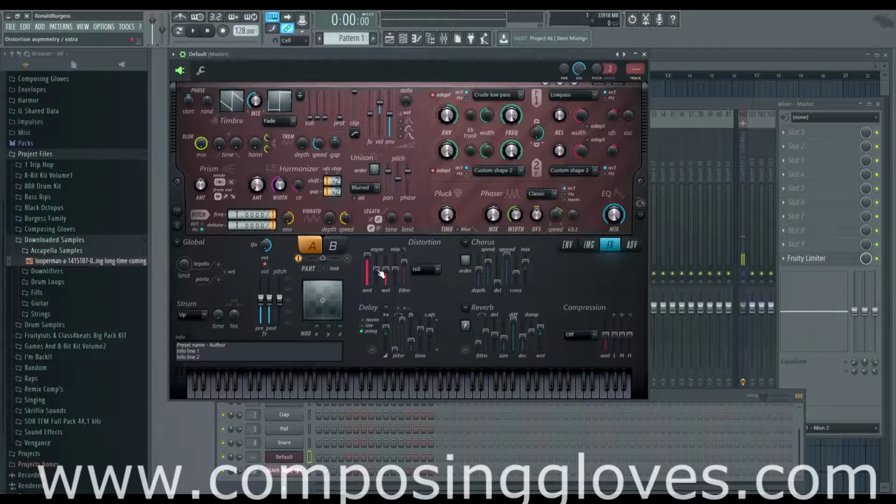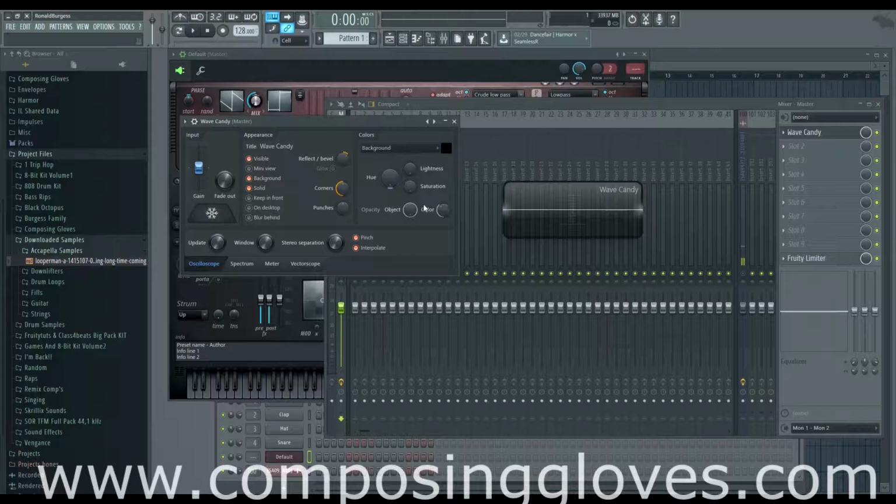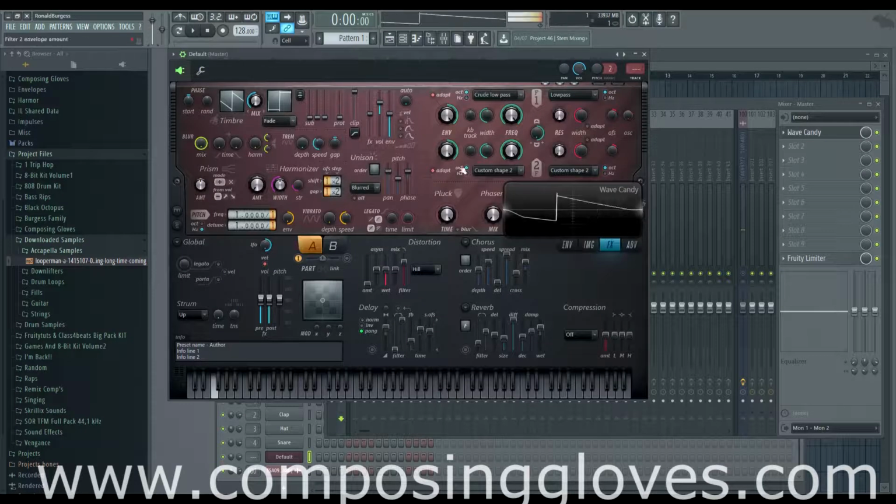So if we come down an octave or two. So that's kind of interesting. I will go ahead and open up a wave candy and turn the color all the way up. And so we have this asymmetry. This has to do with DC offset. So right now the average values have been calculated to go in this 0 crossing. This can eat your headroom if you're not careful, but sometimes it creates some really unusual timbres that I really like. So as we're doing this, you see our values get pushed to the maximum and minimum,